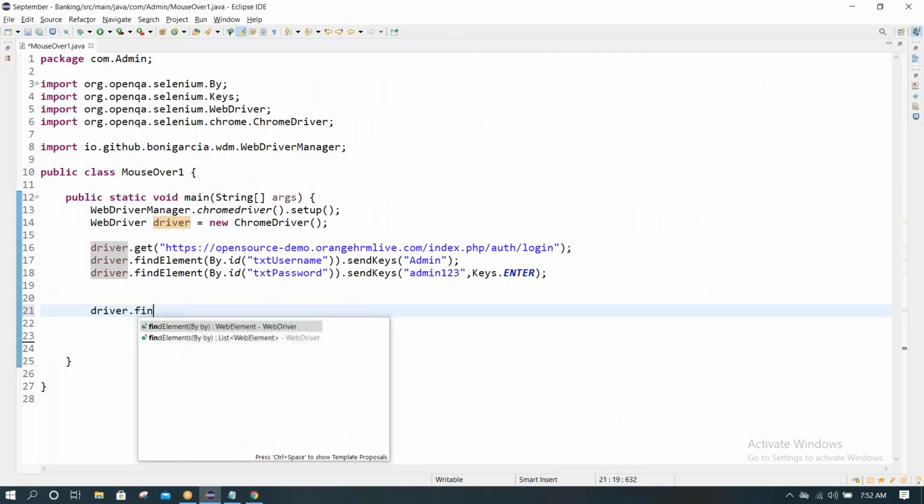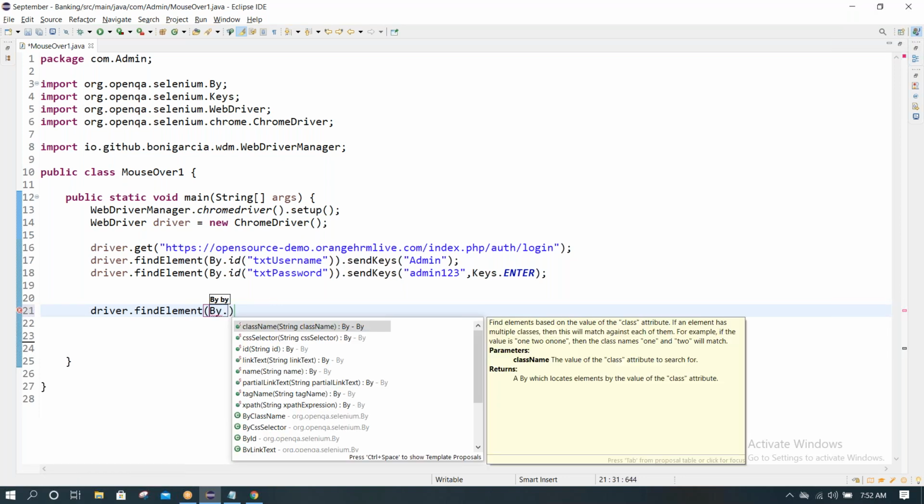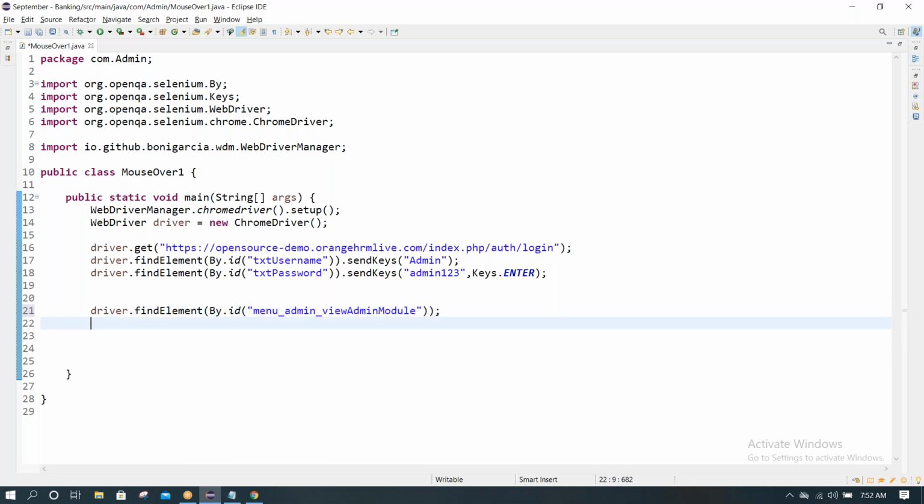Here, driver dot find element by dot. We have selected ID, right? So okay. So here one more enhancement need to learn. So find element